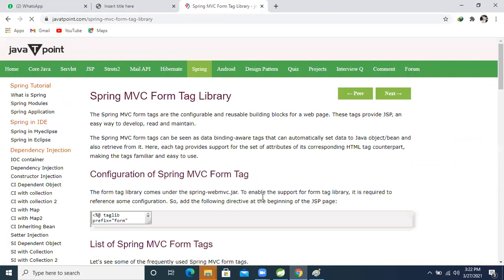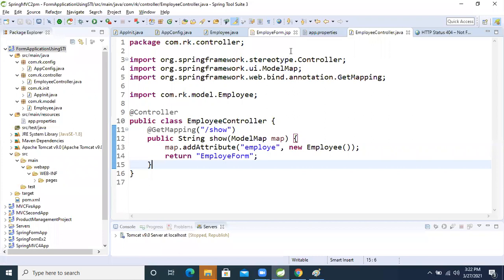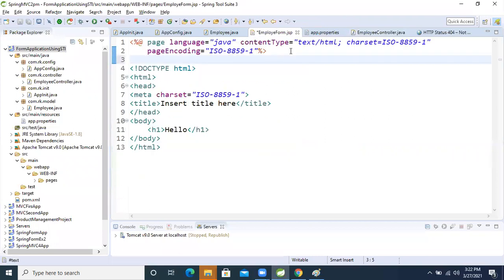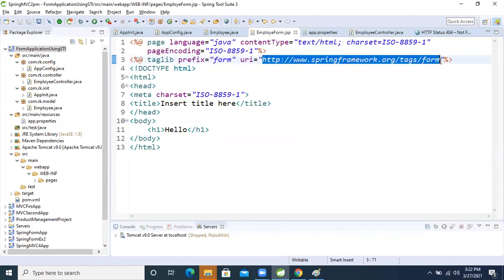Copy from here to here. Come to our JSP page and paste it on the top of this page. I pasted it. So what is the prefix? I'm copying this one because I will write it in front of you, then you will understand easily.